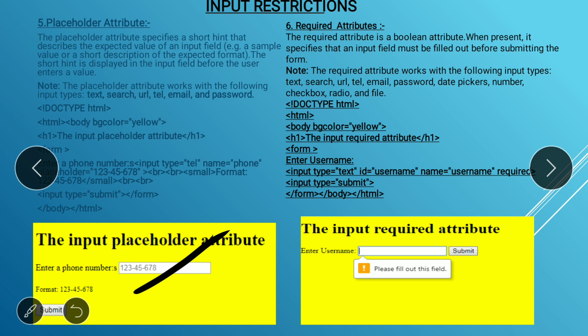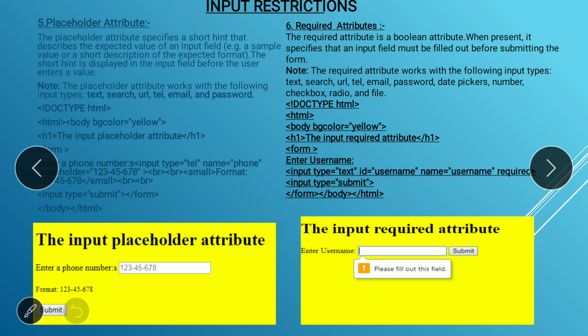In your text box the user can see the short hint. For that I use placeholder, and in that I mention the type. So the placeholder text is what the user can see when the program is run.